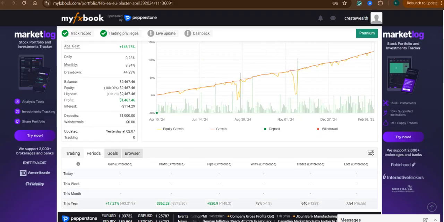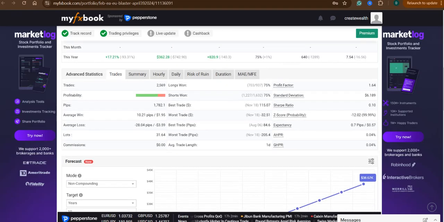So this year we made 17.21%, that is January, February, and today. So you can see longs won 75%, shorts won 75%, best trade 115.07, and worst trade was 32.51. So as you compare, the worst trade was much lower than the best trade. Okay, and